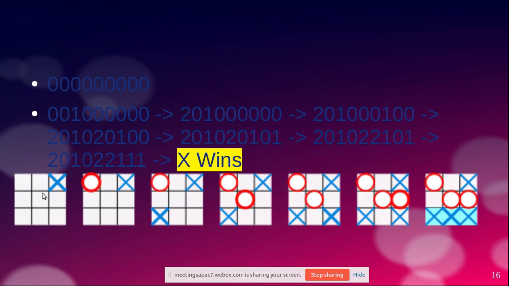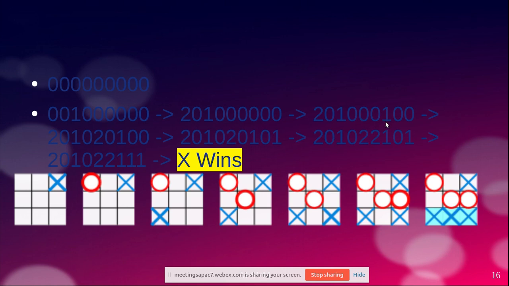So if you look at how we played the game, this is how we played the game, and this is how my computer may play the game. We started with all zeros, blank. Then the user placed a cross here. So the third position was a cross, so the third position is a 1. All others are 0. Then the machine decides to place a knot in cell number 1. Therefore, cell number 1 becomes 2. Cell number 3 is 1. Others are still 0. Then the player uses cell number 7.